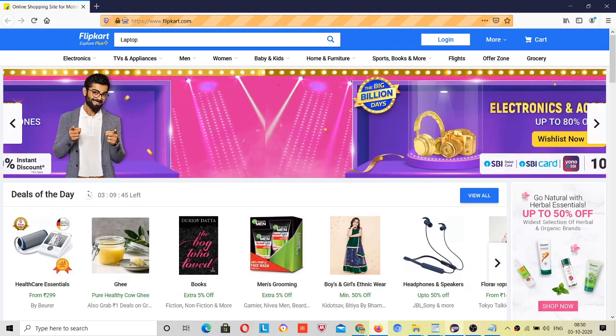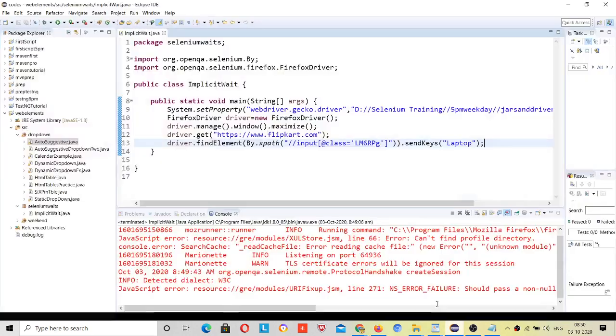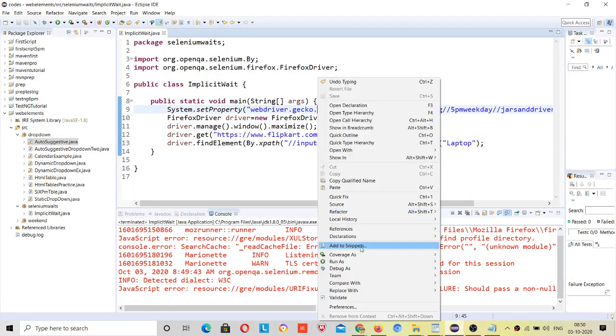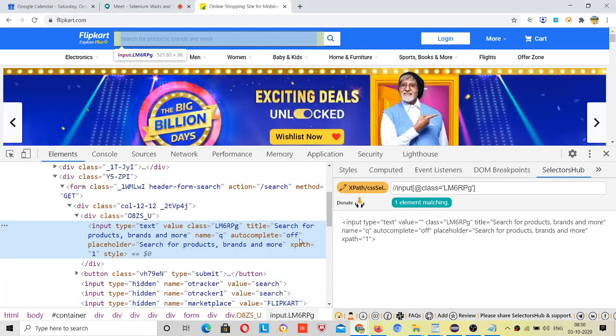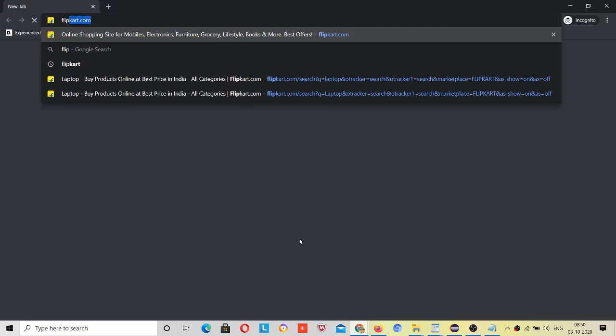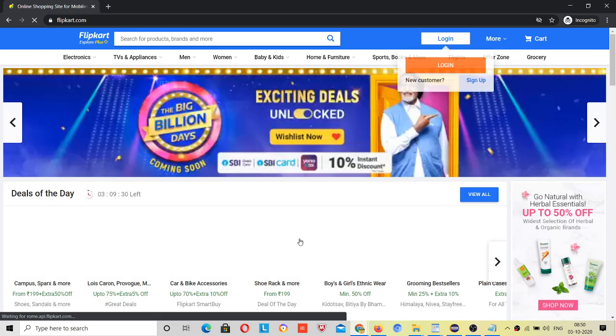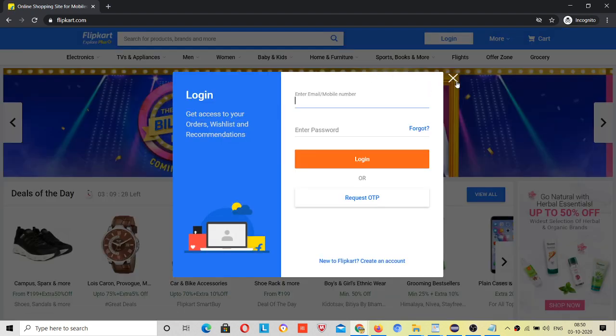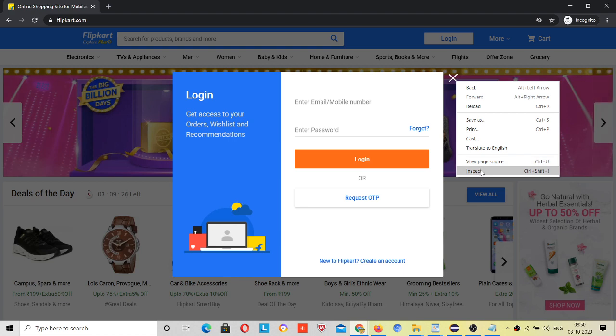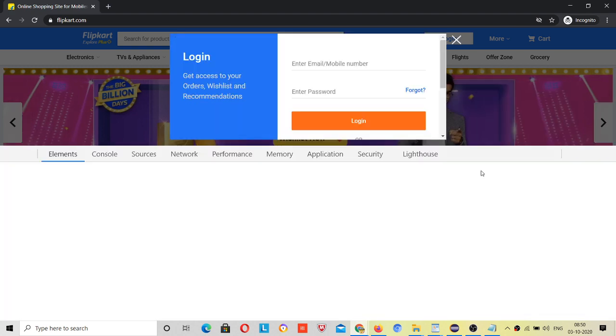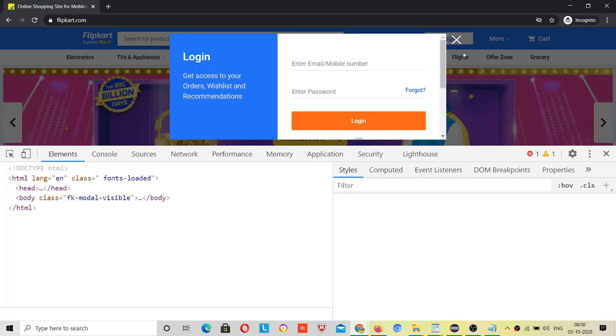Okay. So for closing that, I have to again run it because of this pop-up. Right click and inspect this close button.